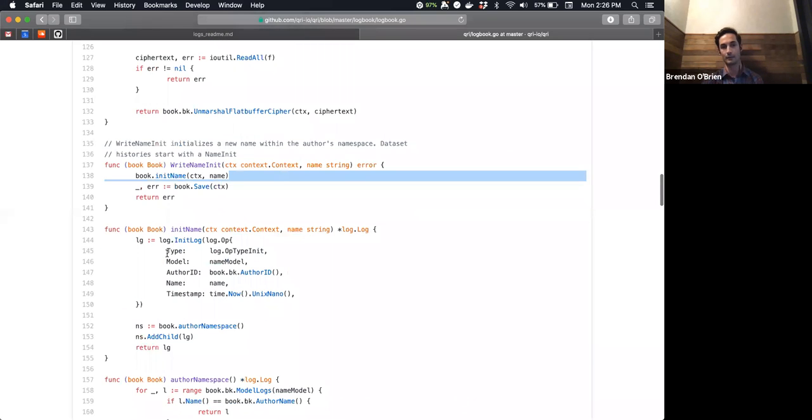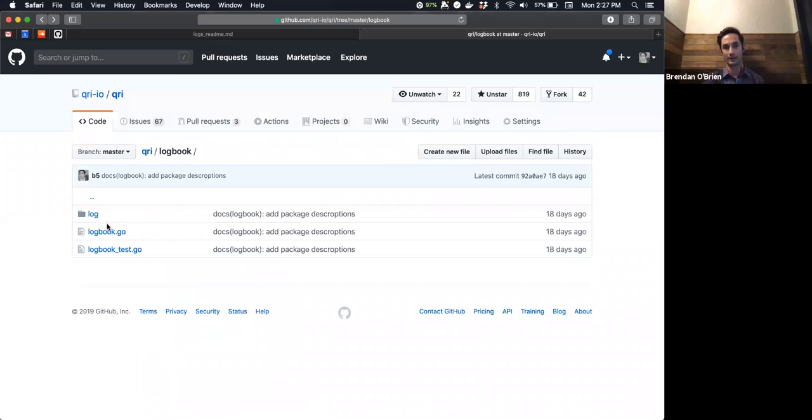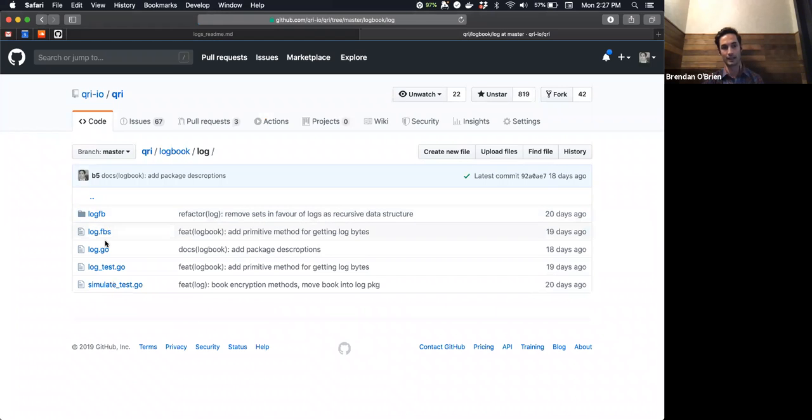The init name writes down a lot of really important stuff. It says, hey, I'm initializing a name, I'm this person, and this is the name I want. So we can use this later for synchronization to say we don't care what the name is eventually going to be. The way we calculate what a name is eventually going to be is we look at a log